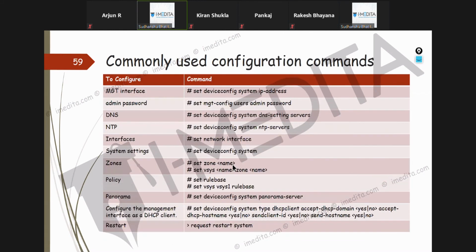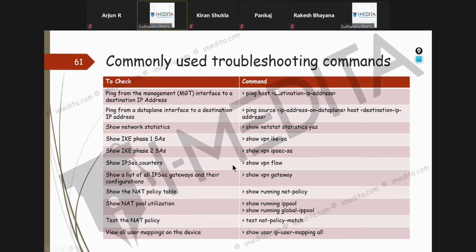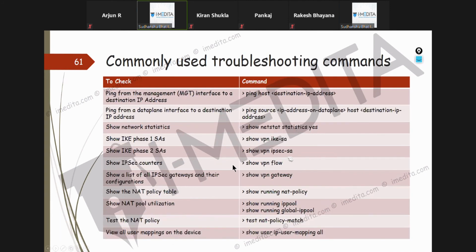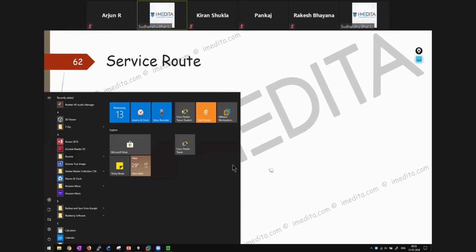These are some of the common configuration commands, like setting the IP address, setting the admin password, DNS, NTP, and setting the Panorama server. These are some of the verification commands, and these are some of the troubleshooting commands. This is right from here, I'll show you.